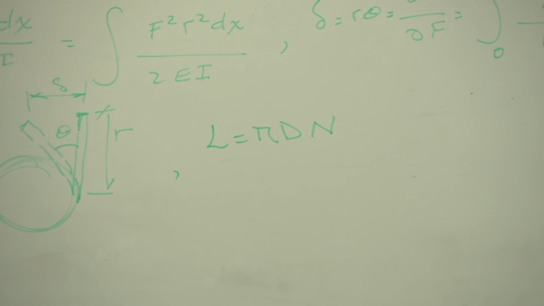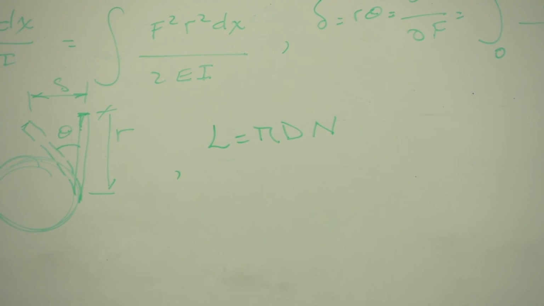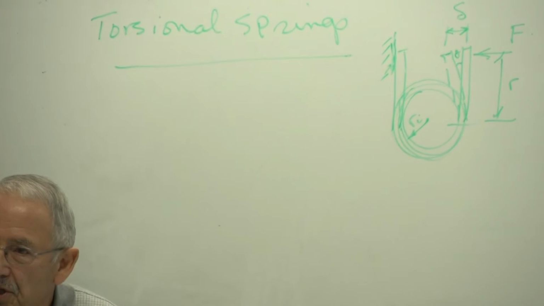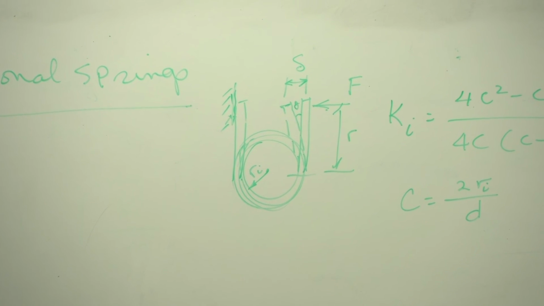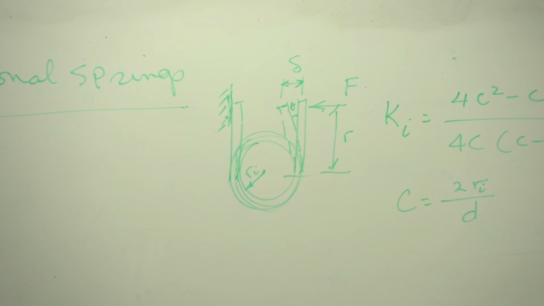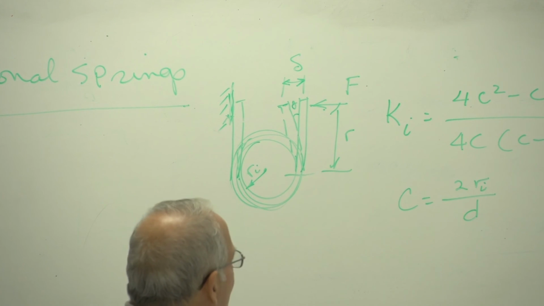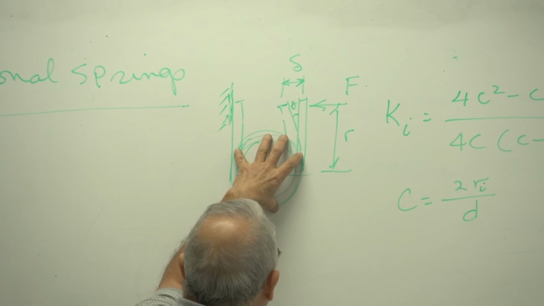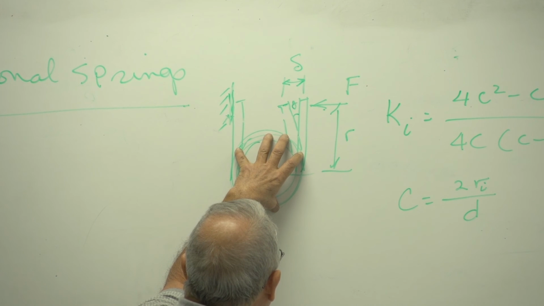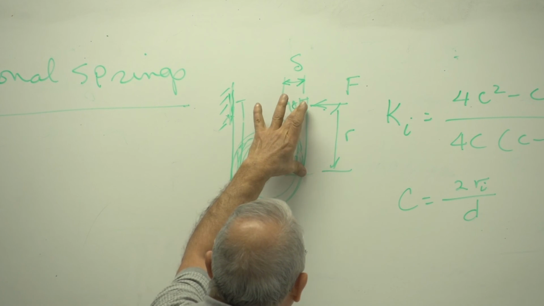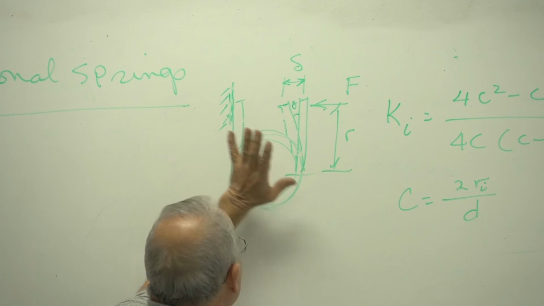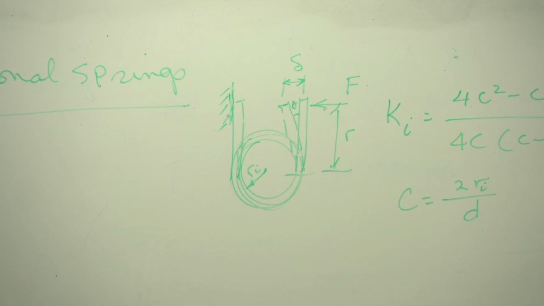We will use an equivalent number of coils for those two pieces. They are also under bending, so they must be included in that equation. So yes, we have so many coils here. We'll give you an equivalent. We don't prove it here. We'll give you an equivalent number of coils for that, and that way we'll take care of the whole thing. I'll write that in just a second.